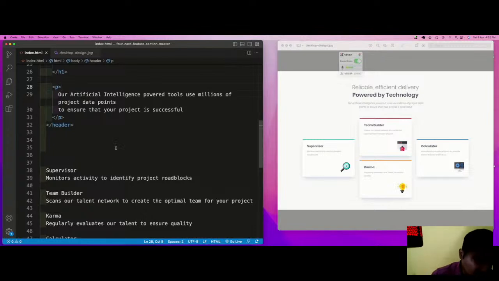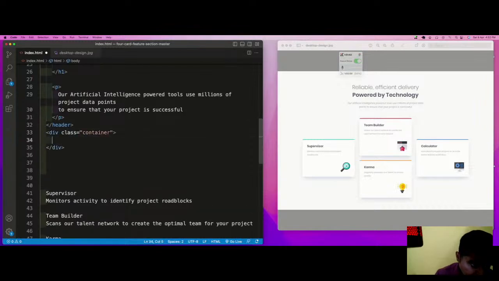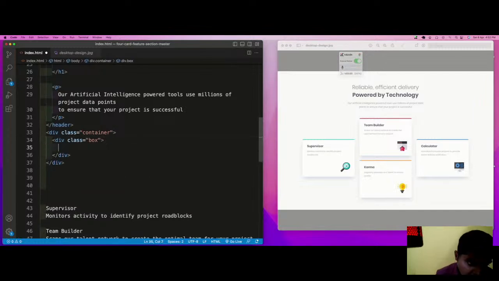Now after this thing, we again have to have a container, and in this container we have to have a box.